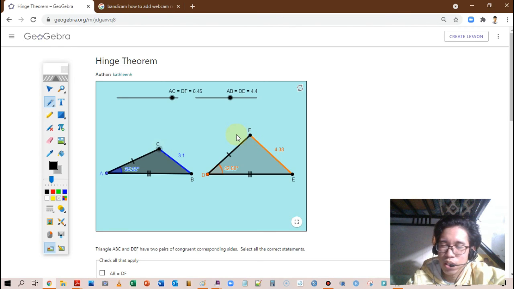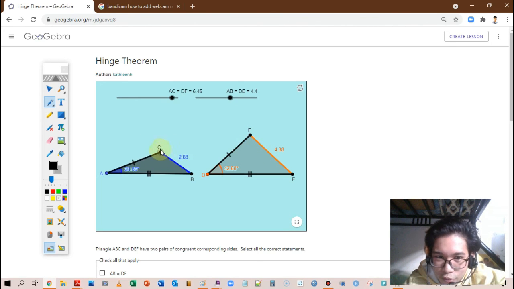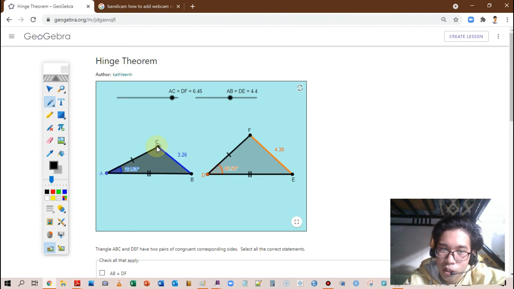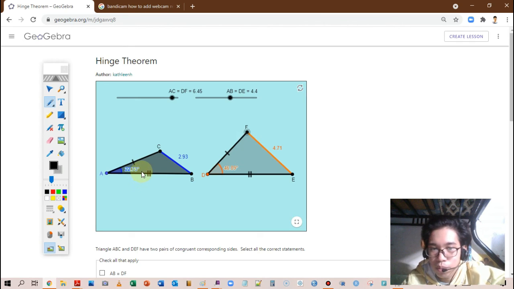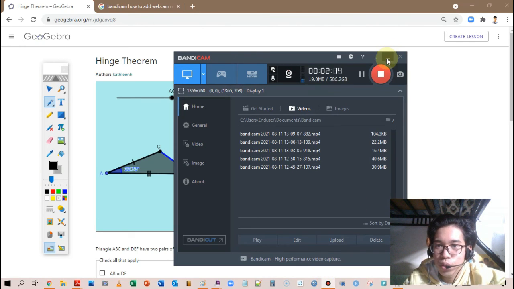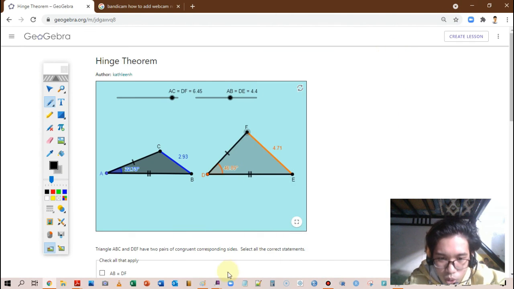If you see a door hinge, that's where the theorem's name comes from. Just imagine this is a door that you come through, and if you compare the angles that you see here, there's going to be one smaller angle, and another bigger angle. That's the Hinge theorem. So let's go to our